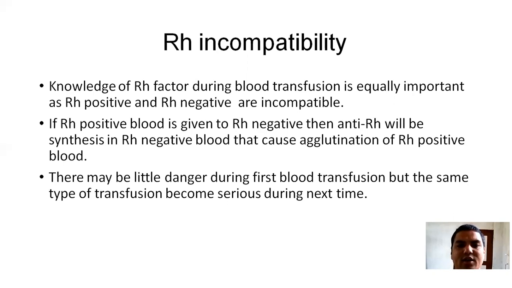Dear student, from here we can understand that Rh positive blood we cannot give to an Rh negative person, even if the blood group is the same. For example, B blood group cannot be transfused to a B group person if the Rh is different. That means B positive blood we cannot give to B negative. A positive blood we cannot give to A negative, even being the same blood group, as there is a difference of Rh.